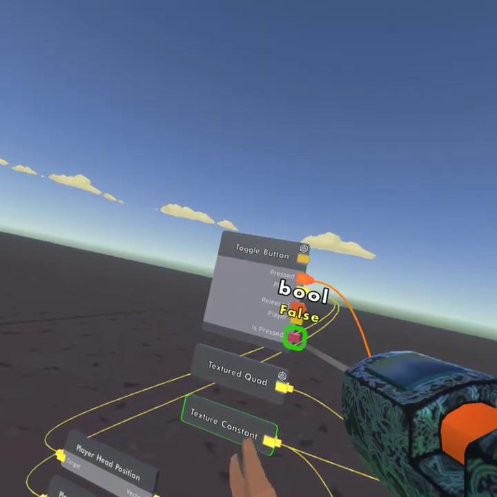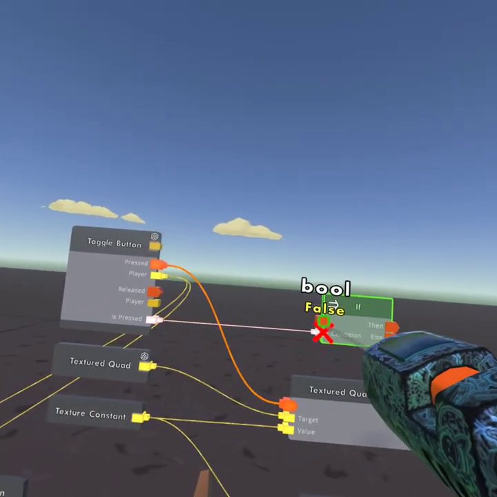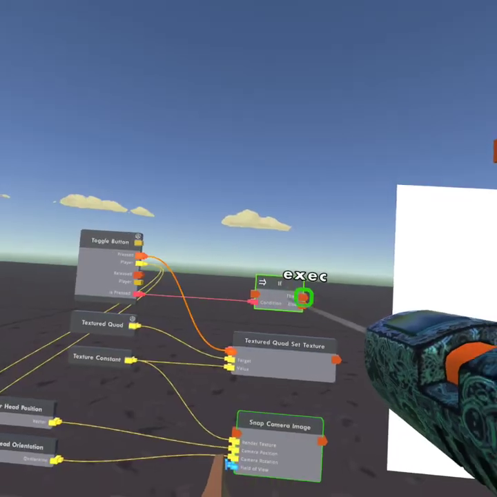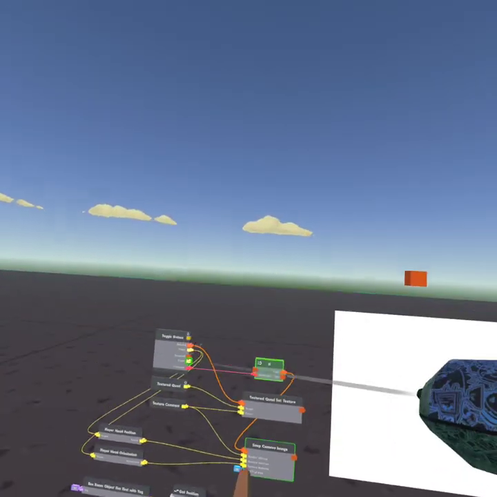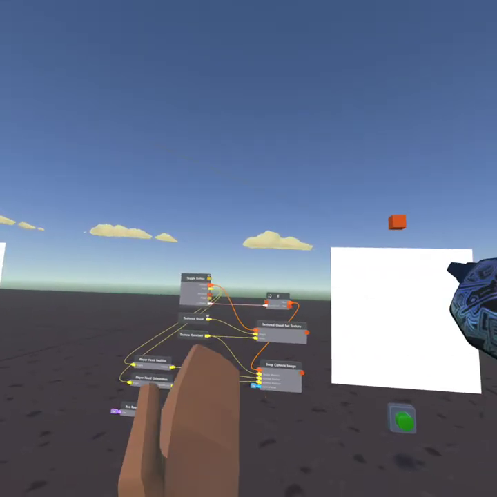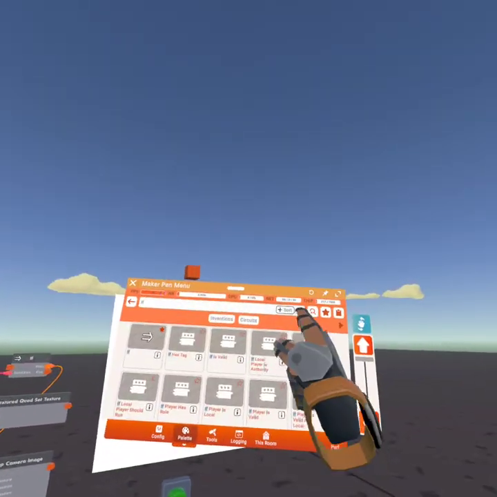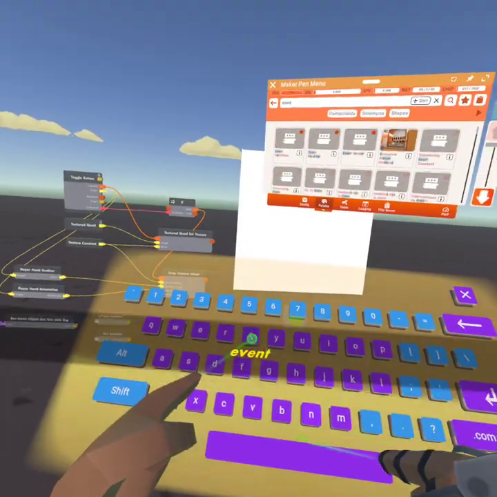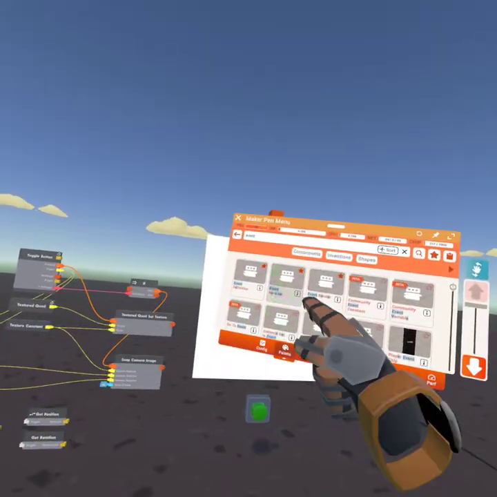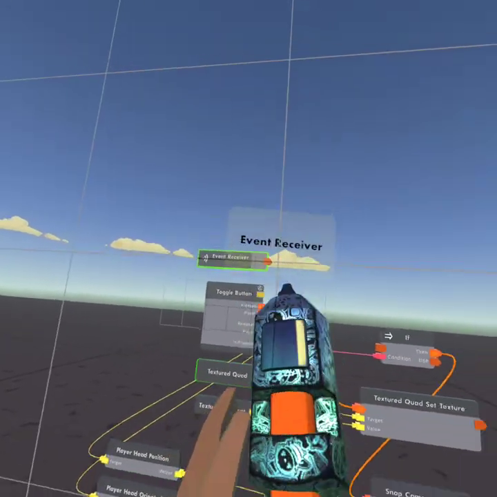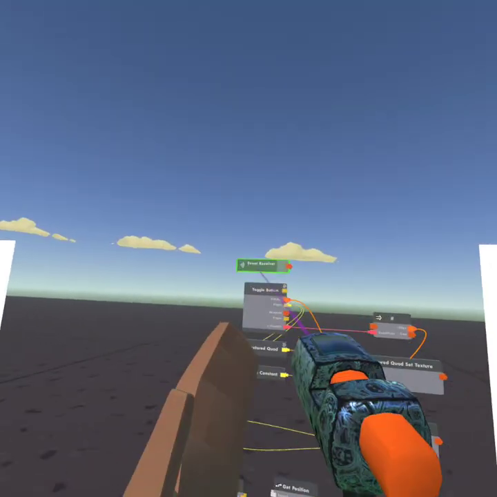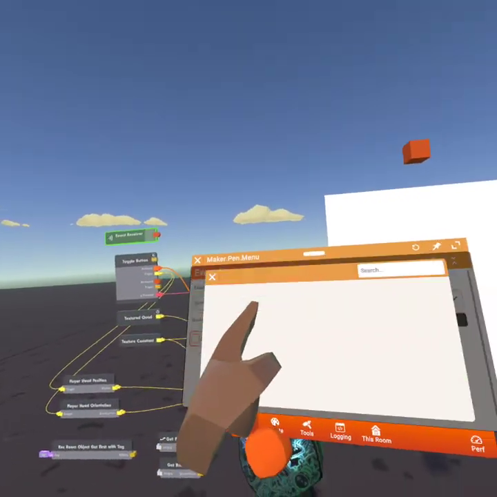And you will connect it to a condition. So the condition is going to be if the toggle button is pressed, then snap the camera image. If the button is not pressed, then I guess don't snap the camera image. But you are going to connect it to an event receiver 30 hertz here. So you're going to plug it right there and connect it to a